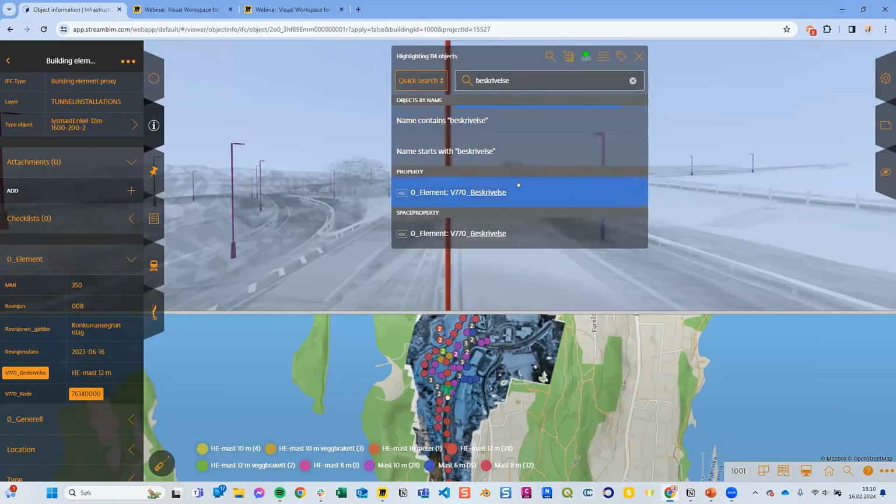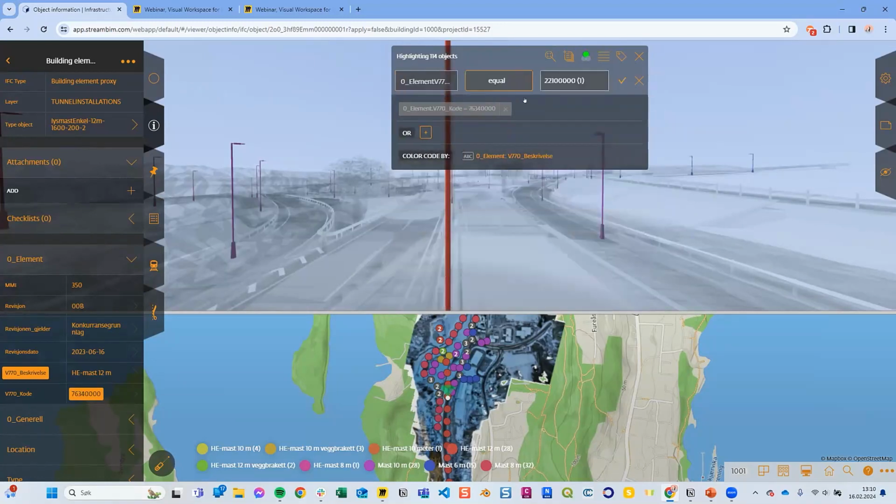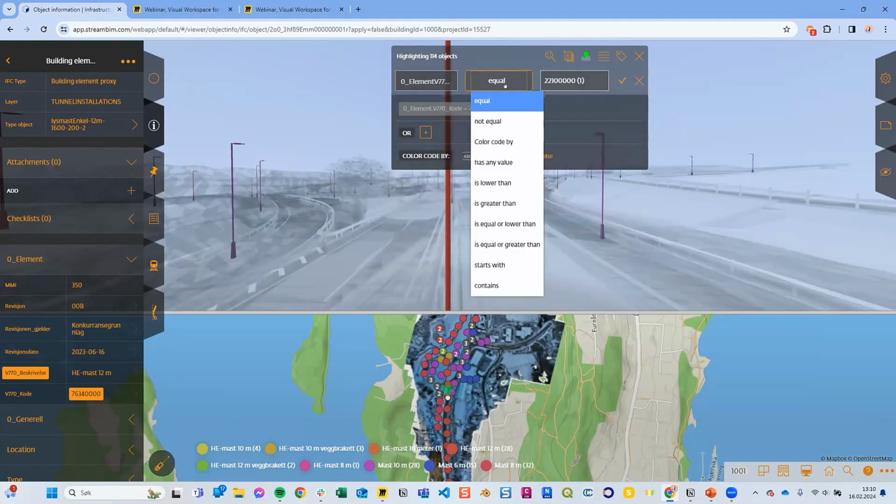Everything, all the data you have in StreamIm in your project, is searchable, and you can find it from the list. As you can see here, I searched for beskrivelse. It's found on property element, and then I just click on this one, and say that this value should be the 10-meter poles.